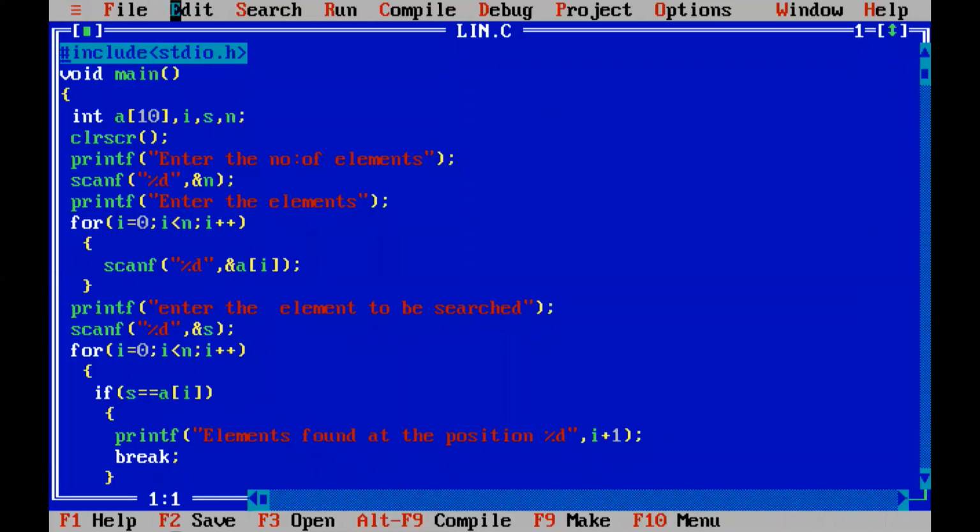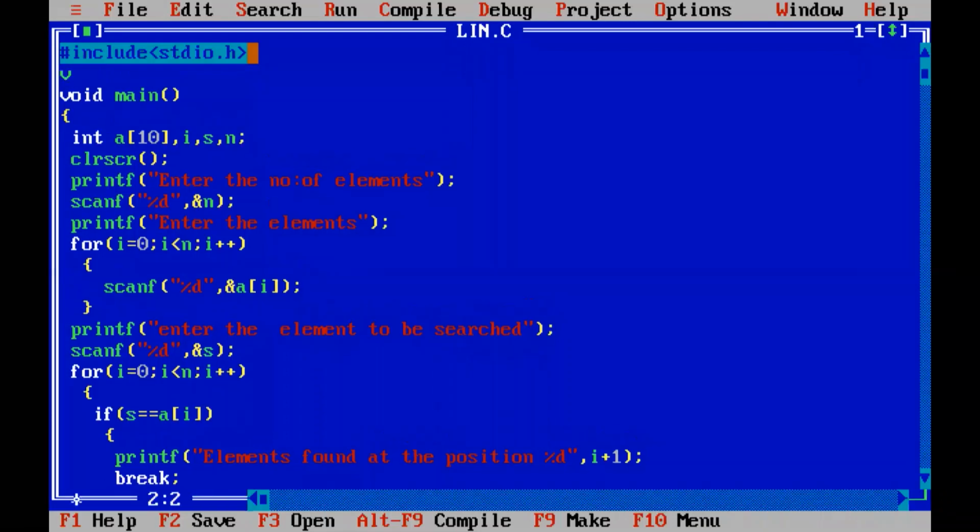So for converting a program with function call, linear search we had executed without function. Now with the function, we need to have 3 things. First is the function declaration, which will inform the compiler the name of the function, what will be the return type, and what will be the arguments. The second thing is we'll be calling the function. Third will be the function definition.